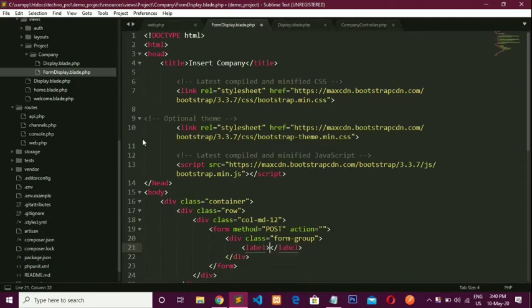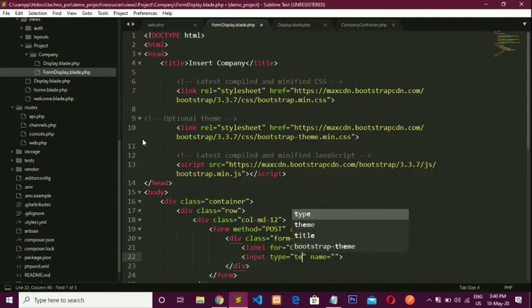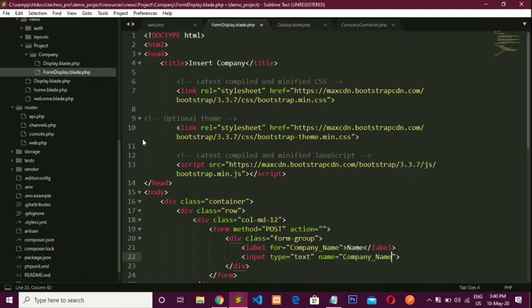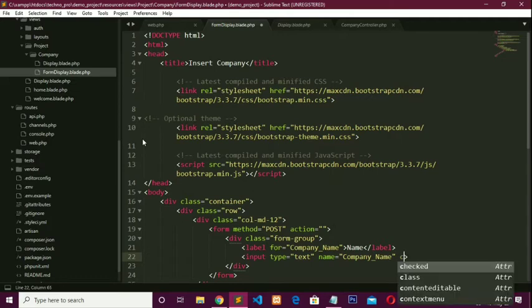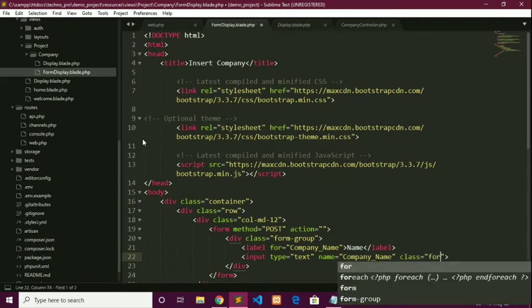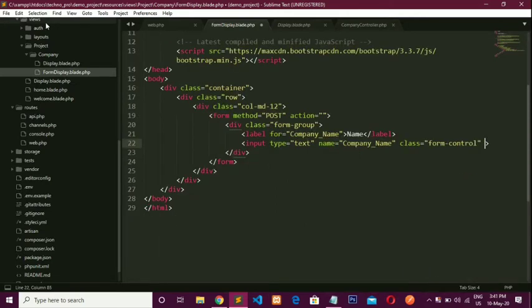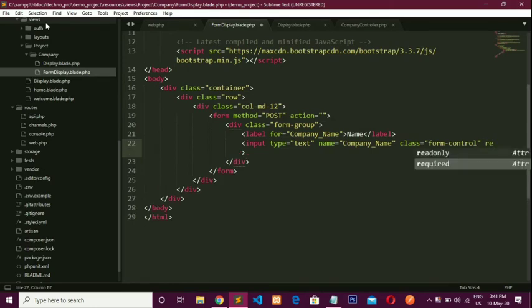Now take one label for company name, so company name, and here its value is name. Okay, now take one input field, type is text, name is company name, class is form-control. Here I am using one more attribute, required.